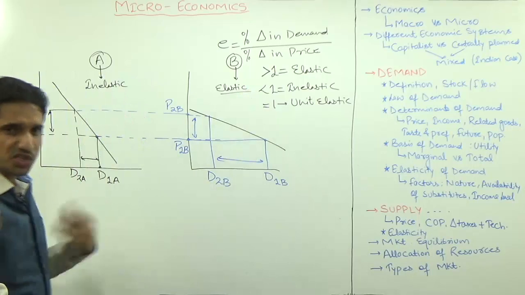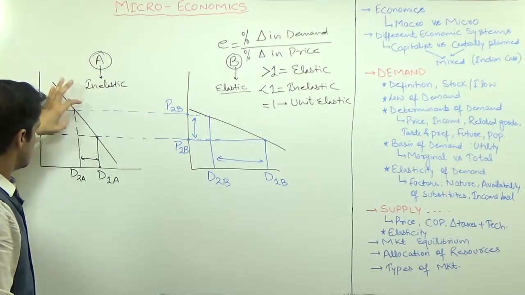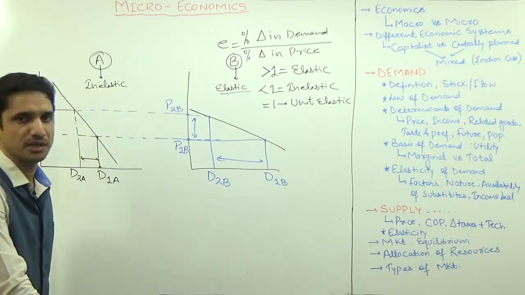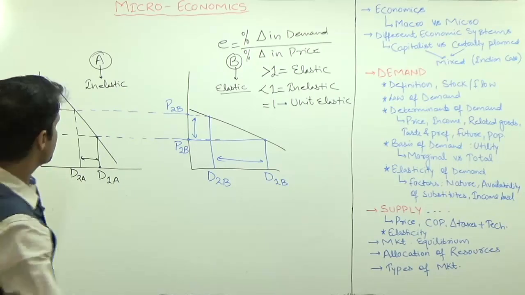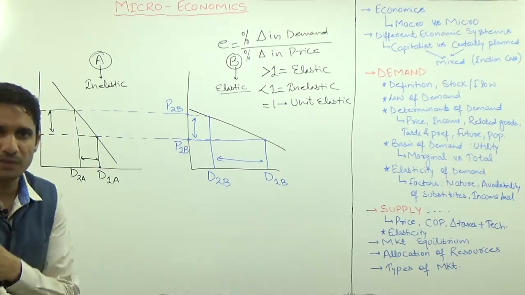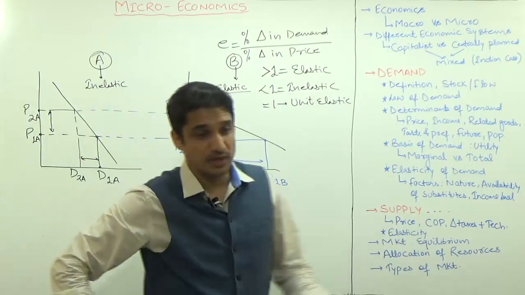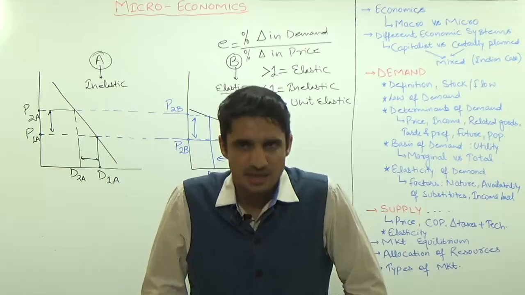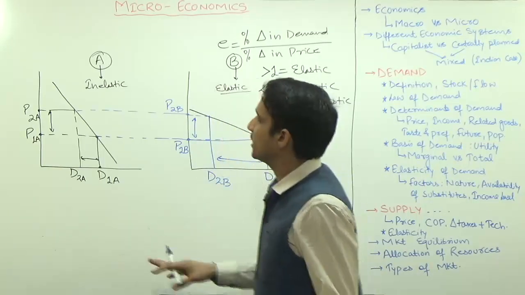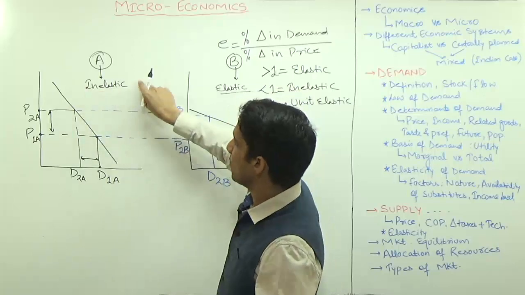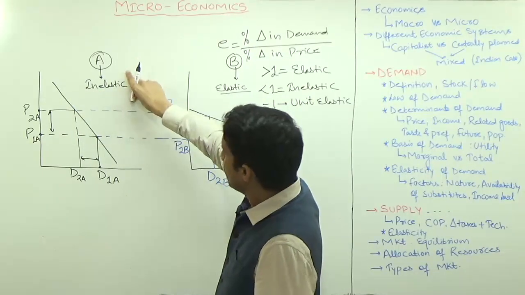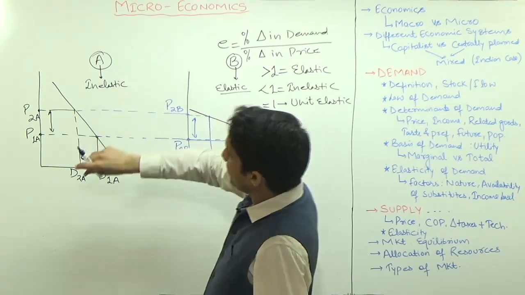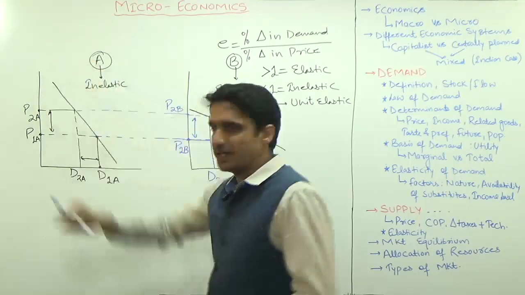Now there will be an extension of these curves. If I am saying this is inelastic, tell me the curve of a perfectly inelastic commodity. Perfectly inelastic means whatever the price, you are going to consume it. For example, the life-saving drugs. Although they are not 100% perfectly inelastic, still they are somehow regarded as examples of perfectly inelastic commodities. So the graph or the curve of a perfectly inelastic commodity will be parallel to the x-axis or parallel to the y-axis.